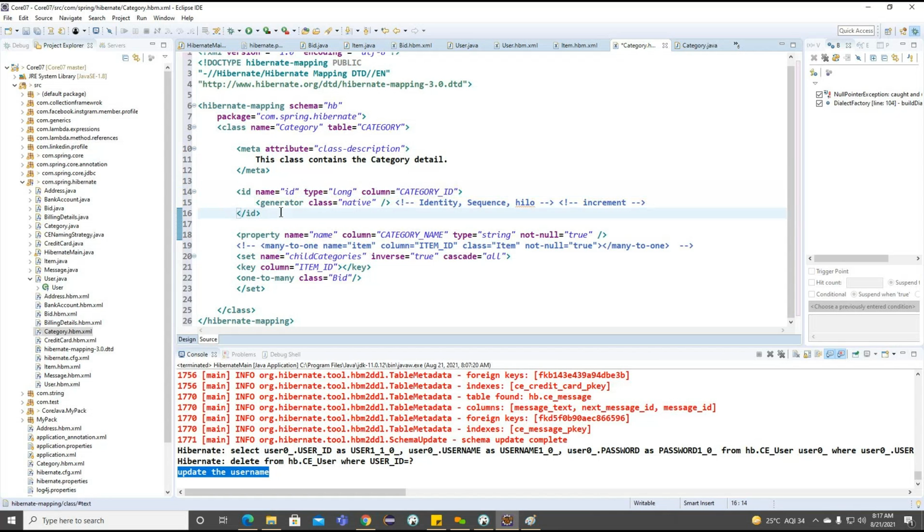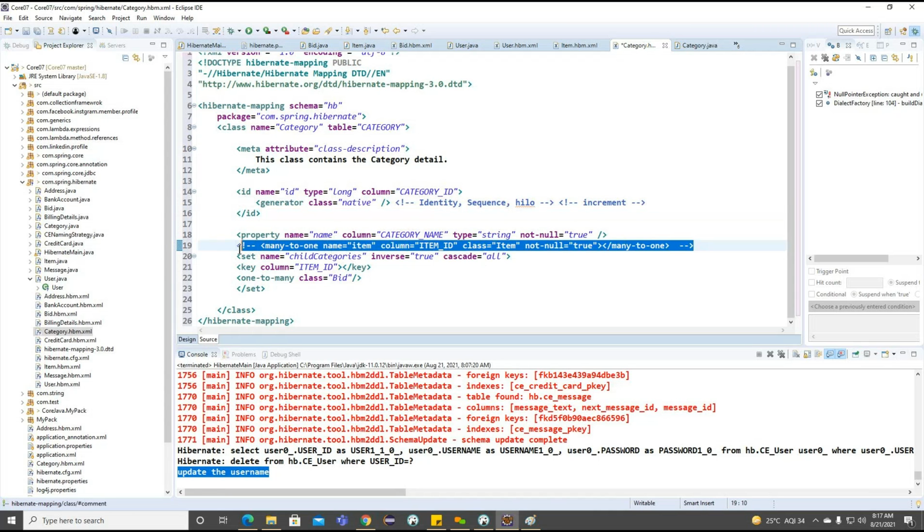Okay, so before making the parent category, we need to write one more tag here, the many-to-one tag. Enable this particular many-to-one.